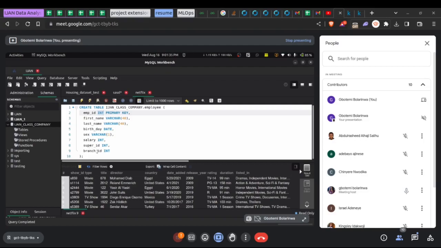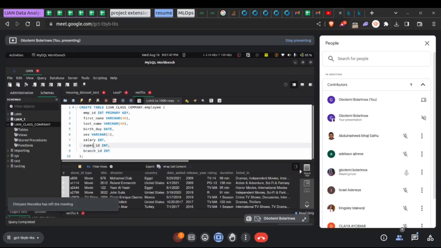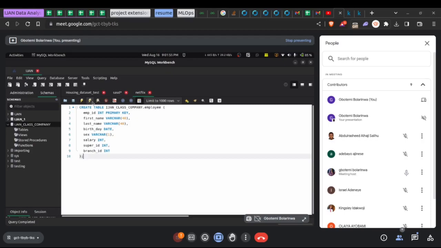So you could easily say that this branch ID is a foreign key. Do we remember? Right? So a branch ID is a foreign key. The super ID is also a foreign key. So I'm going to create this now. And yep, so if you check this and you refresh all,